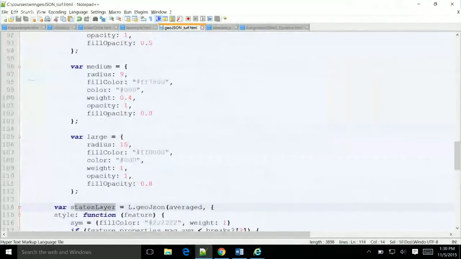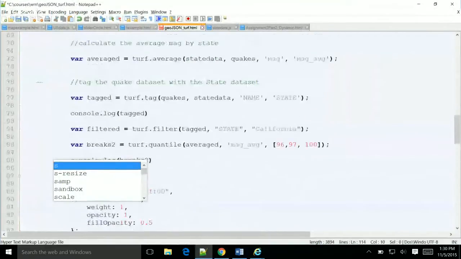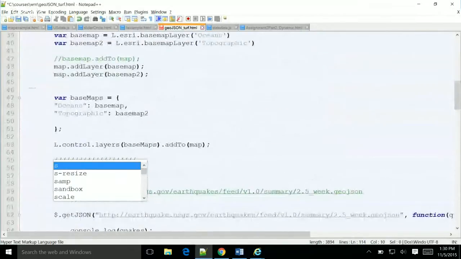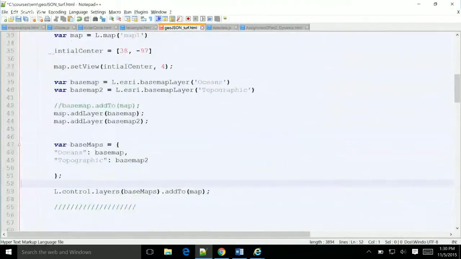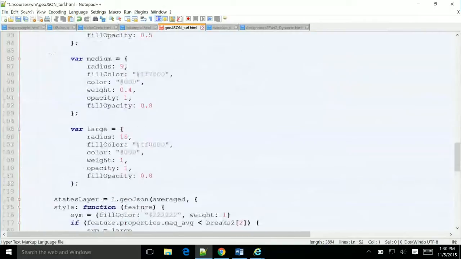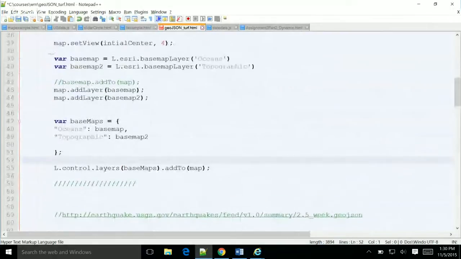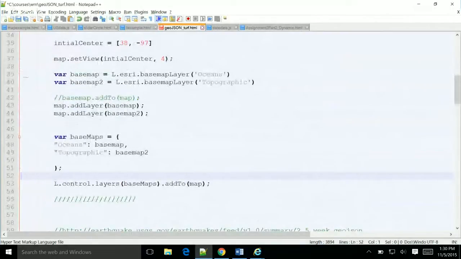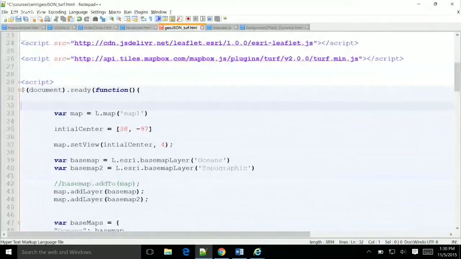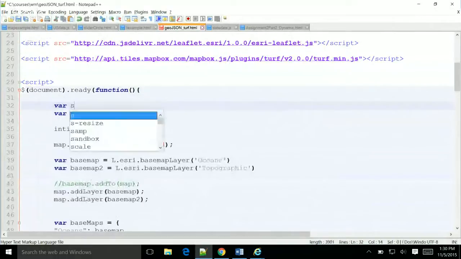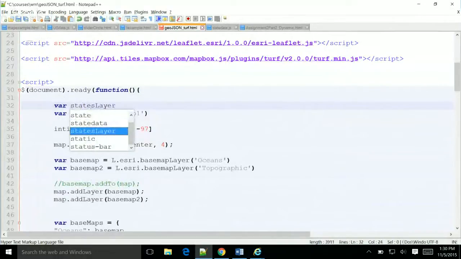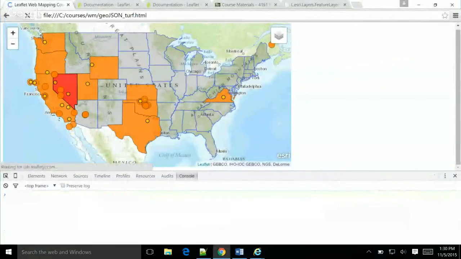Oh yeah, one more thing. I'm actually going to call this states layer here. We need to make this a global variable because this happens inside of this operation. So we need to create a global variable. Lots of times we do this at the top. It doesn't really matter. Var, oops, states layer. All right, so now if I double click,